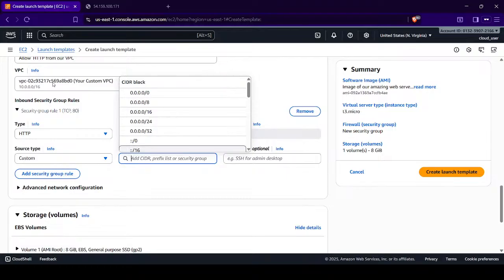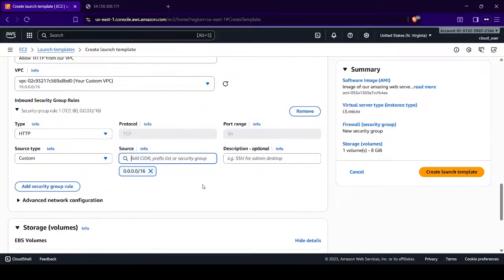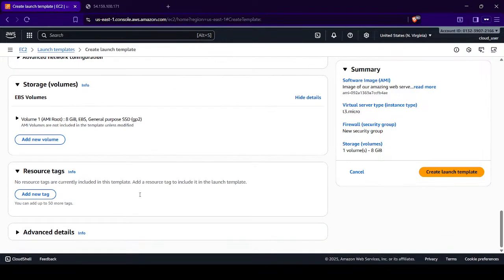For all traffic, you need to write this CIDR. This we are doing. EBS is a default, GP2, and